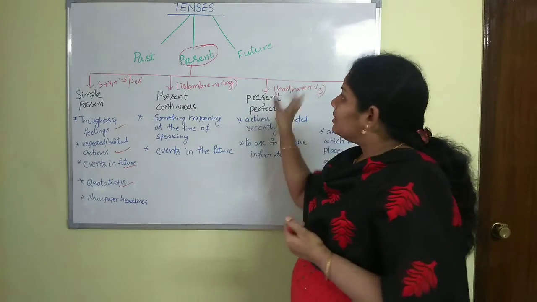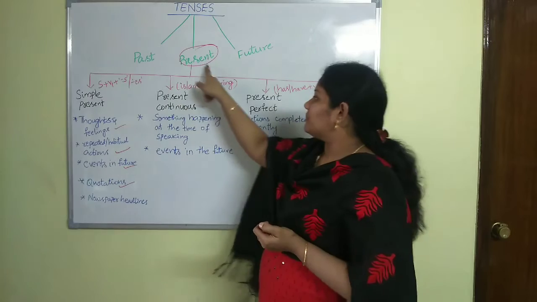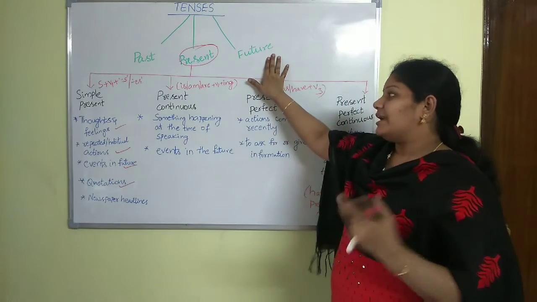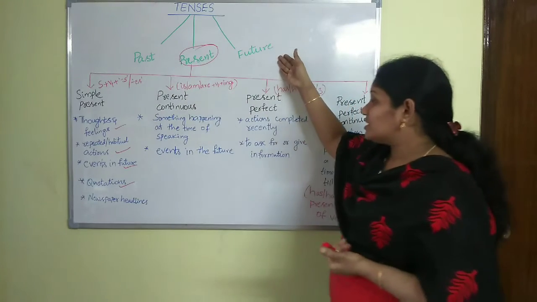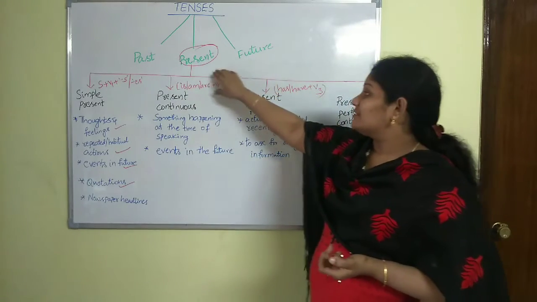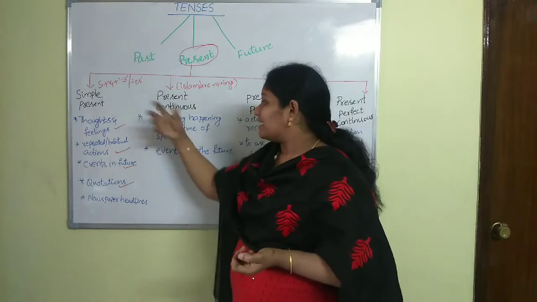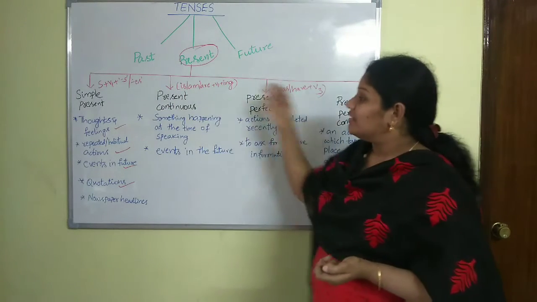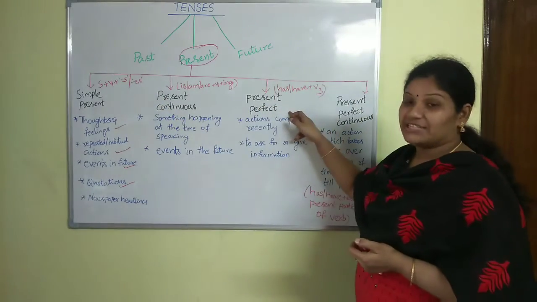Quick recap. So tenses are divided into three types: past tense, present tense and future tense. As I told you, I will make another video for past tense as well as for future tense. Today we have discussed only present tense. Present tense is categorized into four types again, namely simple present tense, present continuous tense, present perfect tense and present